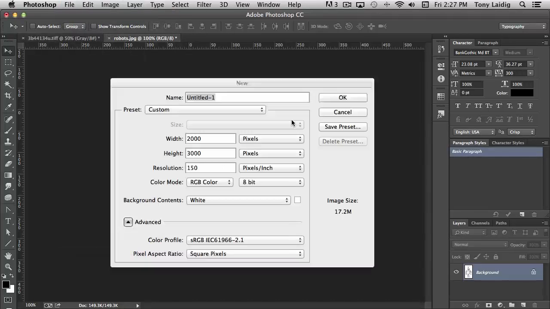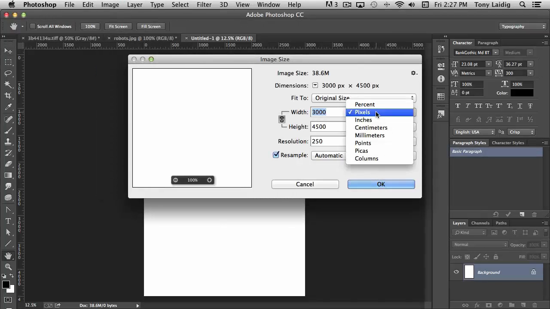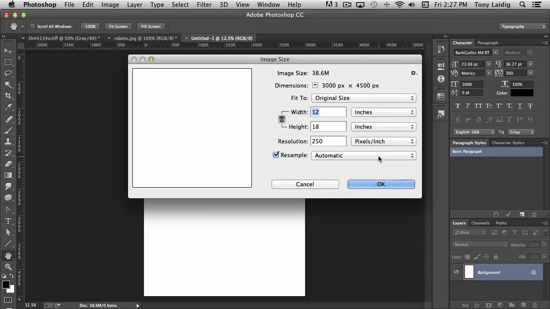create a new document, just file new, and we're going to set the width at 3000 and the height at 4500, and I'm going to set the resolution for 250. And what that should give us is an approximate size, if we switch this over to inches, of 12 by 18. Okay, so we're right at our target range. So you'll want to remember that 3000 pixels by 4500 pixels at 250 pixels per inch gives us a nice high resolution file that'll work really well with screen printing, and it gives us our 12 by 18 dimensions that